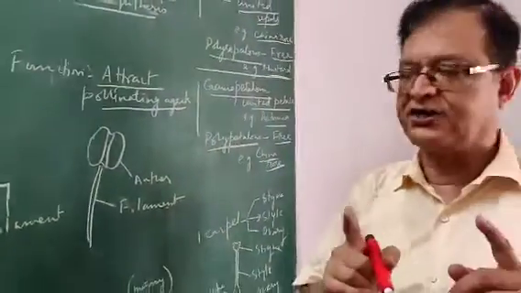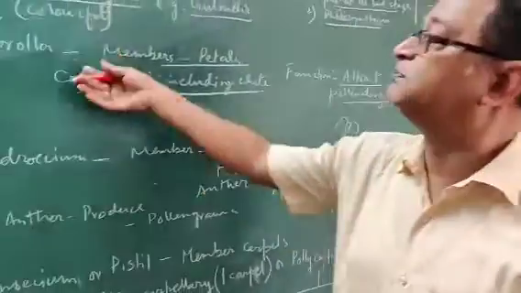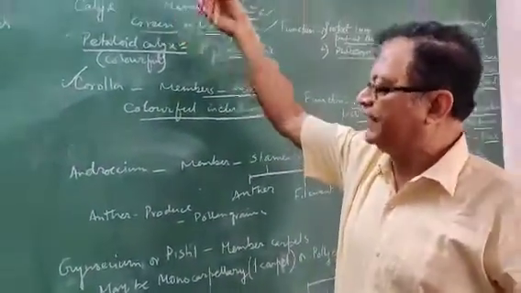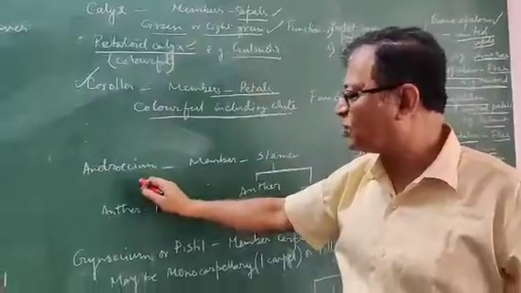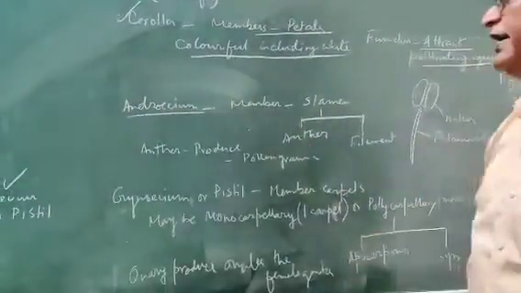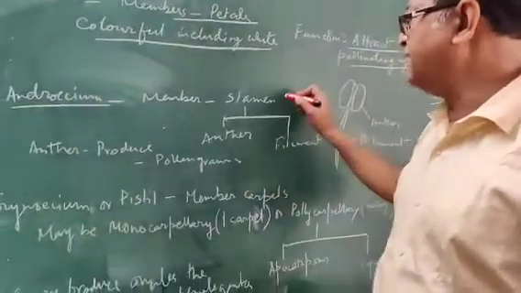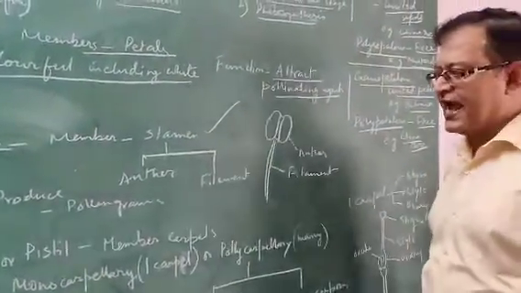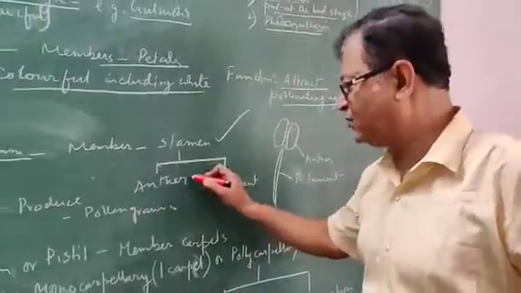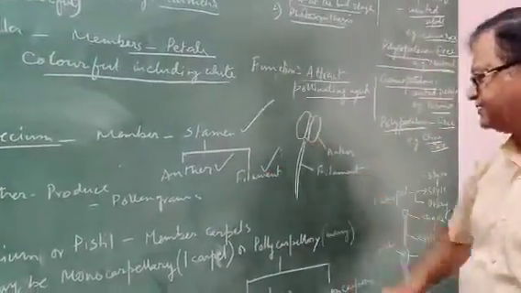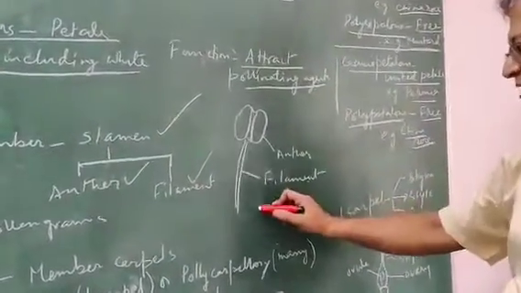The third structure is the inner part of it. The calyx is the basal part, next the corolla, and next, inside the corolla, there is the structure called androecium. It is the male structure of the flower. Each member is called a stamen. One stamen contains two parts, one anther and one filament. Look at that, a typical stamen is drawn here.